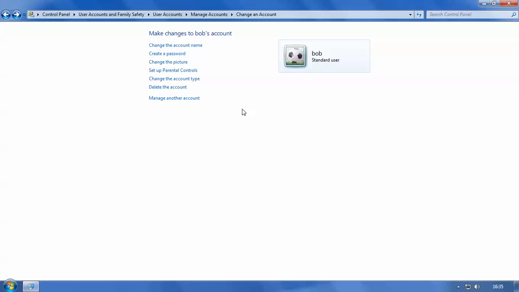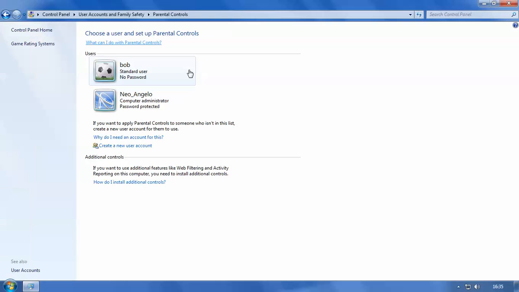So now we've set up Bob's picture and we've got an account for Bob, we want to set up some parental controls. Now in Windows 7 it's pretty easy. All you need to do is go down to the options, set up parental controls. If we click this, we'll be taken to an option. We can either add parental controls to Bob or any other account that's currently being created on your computer. So we're going to want to add parental controls to Bob. So if we click Bob,